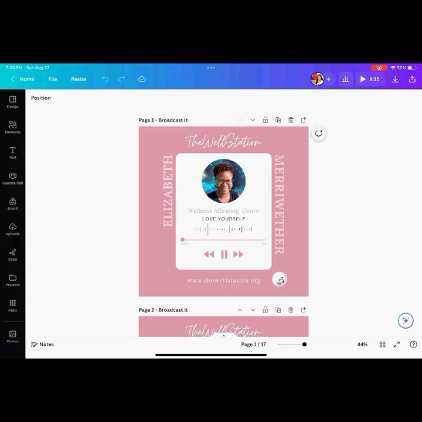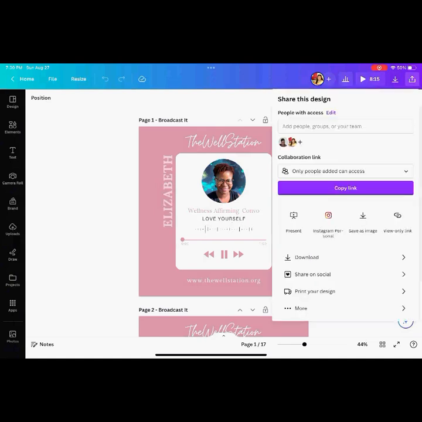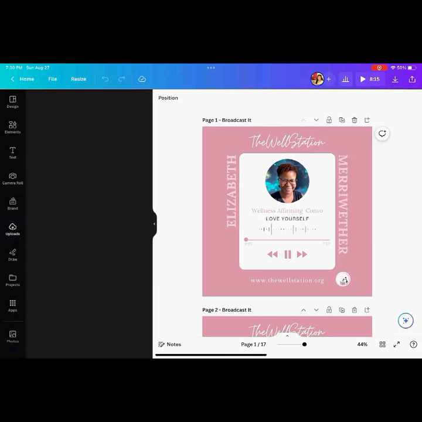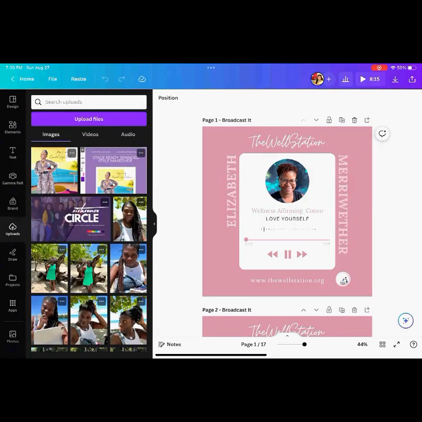Now, just to put it in context for you, when you are inside of Canva, you go, wait, I could add audio? Yes, you can, ma'am. So when you're in Canva, you could go to present and record, because you can record your voice inside of Canva, or you can record your audio outside of Canva and upload it here, going to uploads and uploading your audio, then drag your audio into your document.